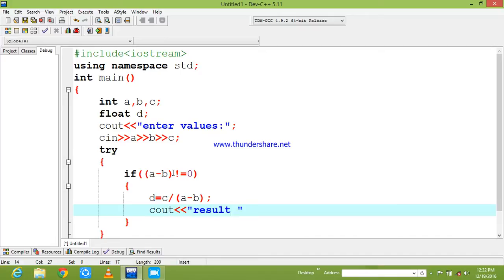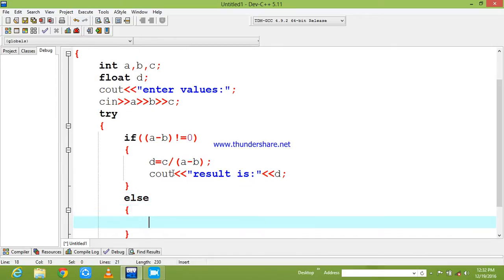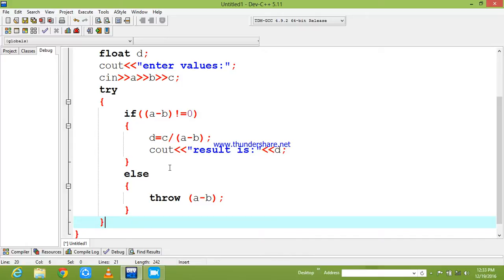Result. I am not declaring it here, I am just writing it, to show you in a detailed way what the result of this program is. Now our if statement is completed. If this is not done, I am writing an else block. Before I told you that if the try block throws any exception, it is identified and sent to the keyword throw. Then the exception thrown here is A minus B. Okay,